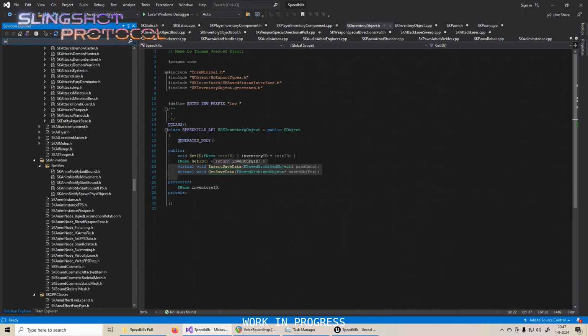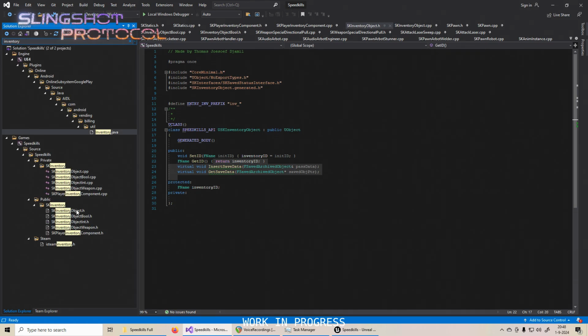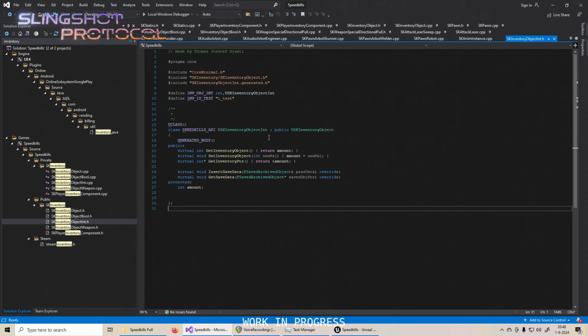Okay. I have to now also just use the search function here. Then I do hope it does. Okay, there we go. So yeah, I have an integer here. So here's an integer object. If I try to add an integer to the inventory, it will make an inventory object, and that will just have here your int amount. Very simple.